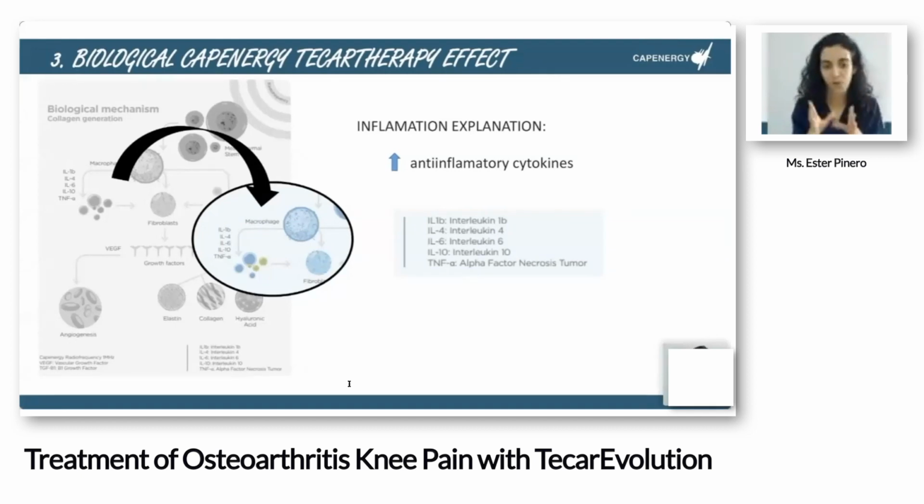And also, we know that it may decrease the tumor necrosis factor. Then, all these cytokines are anti-inflammatory, and we improve this area to reduce the inflammation that we have, okay? The other